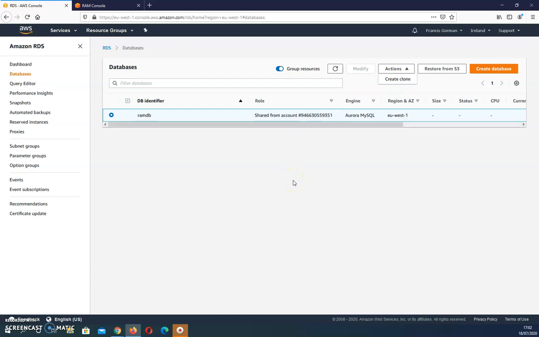So that is quite simply how to share resources across multiple accounts, and it's something that will be very useful for anyone working in a